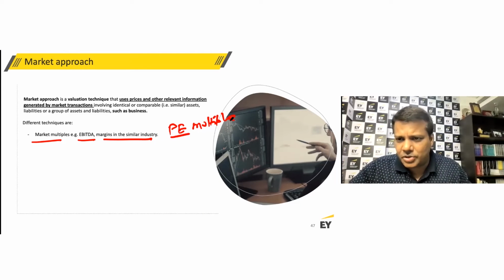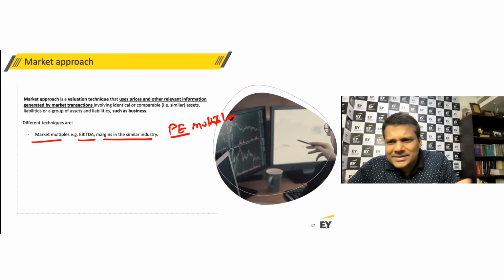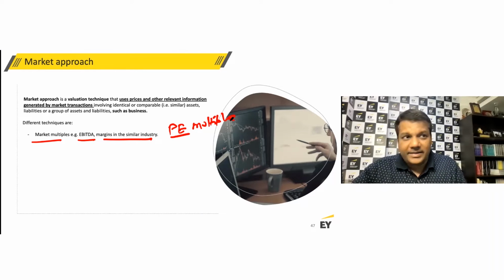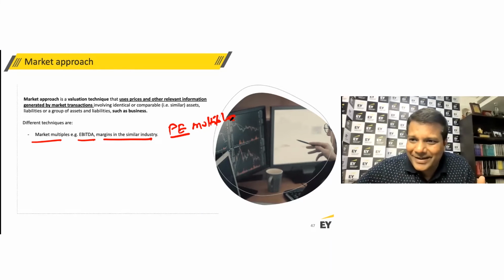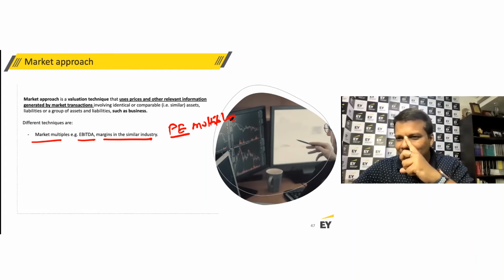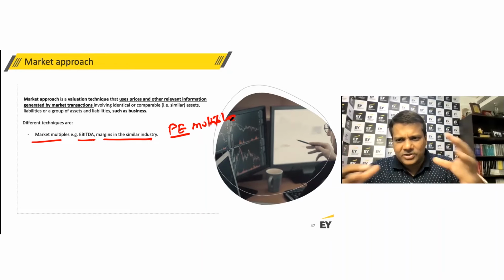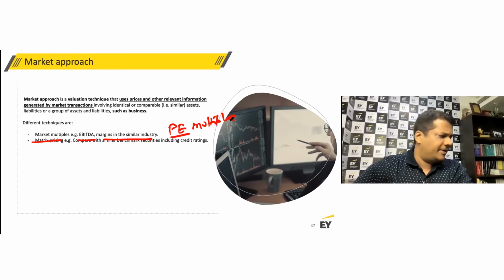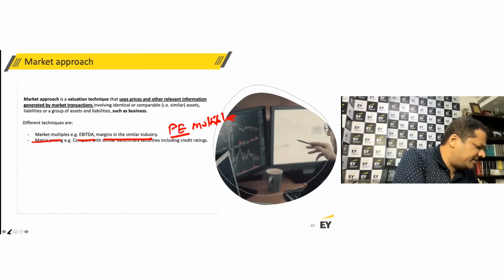A price earning ratio is one of the ways, but of course there are a number of such companies out there. So you want to take a basket of such companies and then work out an average market multiple that you may want to apply. Then you may want to make some adjustment, saying, look, my profile is different, I deal with premium customers, or my margins are better, so I may get a better valuation. So there could be certain assumptions that go into some of these determinations. There could also be matrix pricing, which is also possible.